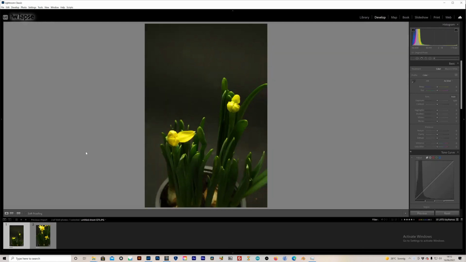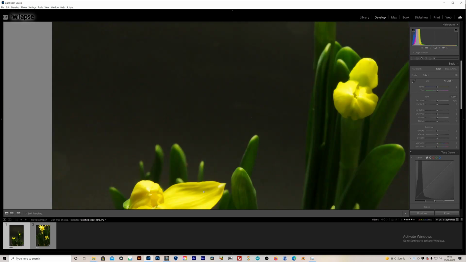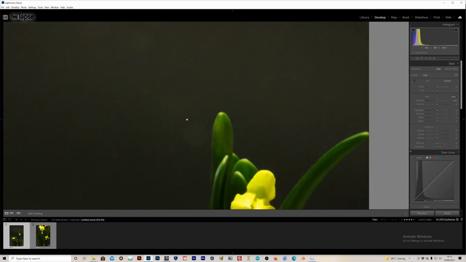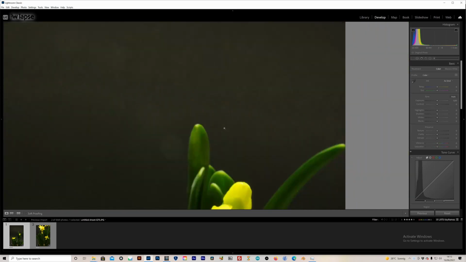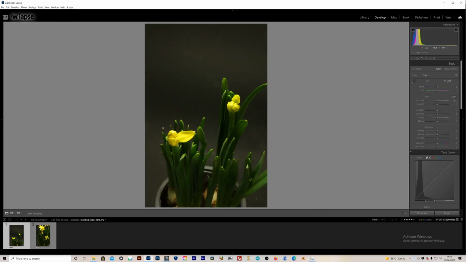Okay, now that the images are loaded in and the previews are built, I can go ahead and do the edits. I'm going to keep it pretty basic, mostly just focusing on exposure, trying to get rid of some of this noise here and put in some sharpness, nothing too drastic.